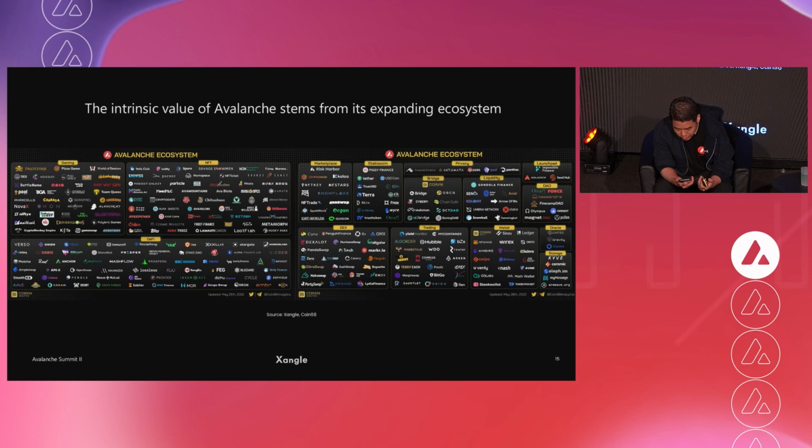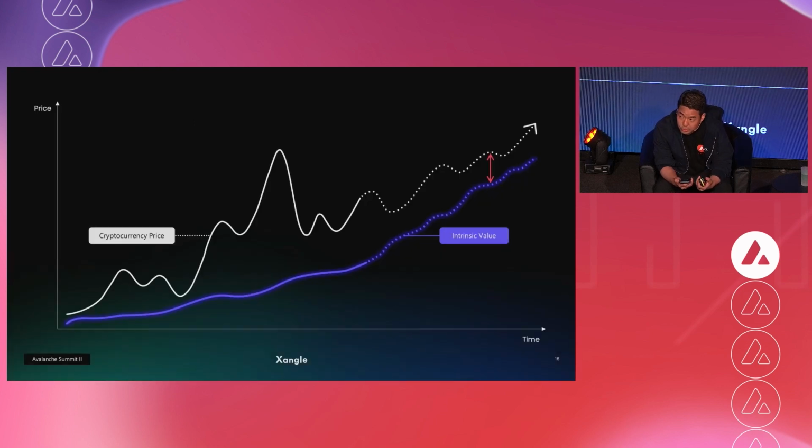And for the surviving projects, metrics based on intrinsic value, like the TVL, total value locked, or the protocol revenue, or the number of users in the network, began to receive more and more attention. As the ecosystem of the mainnet evolves, the intrinsic value will stem from its expanding ecosystem. Of course, since there is no clarity in terms of regulation yet, direct dividends cannot be issued yet. However, healthy projects like Ethereum or Avalanche are burning a portion of their protocol revenue to create a similar effect,